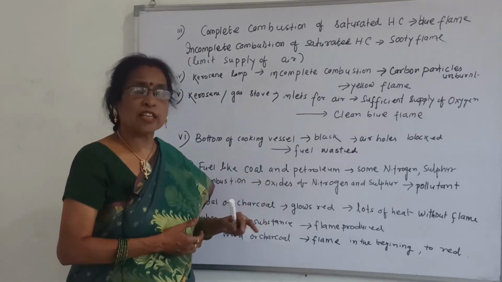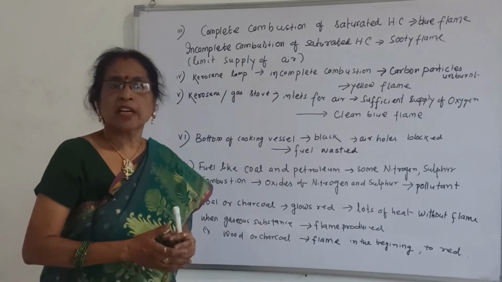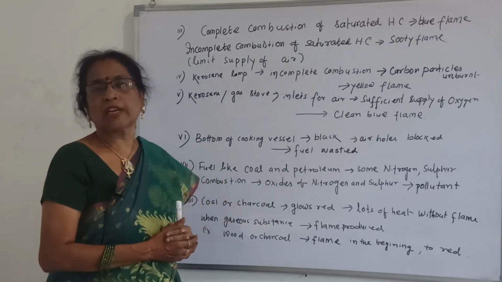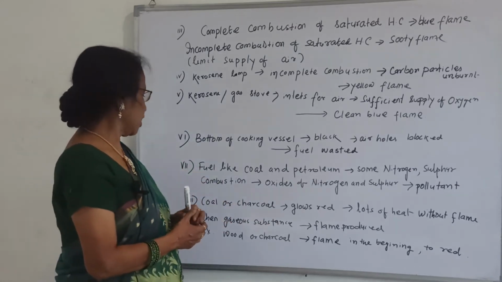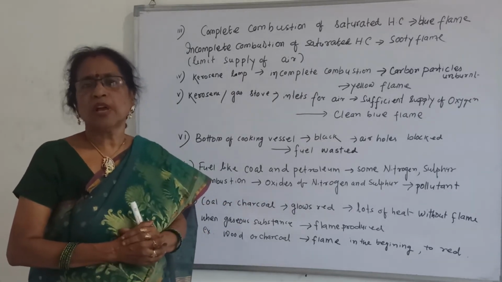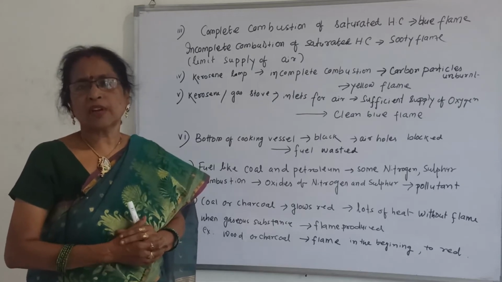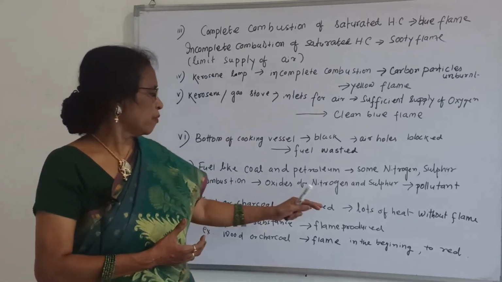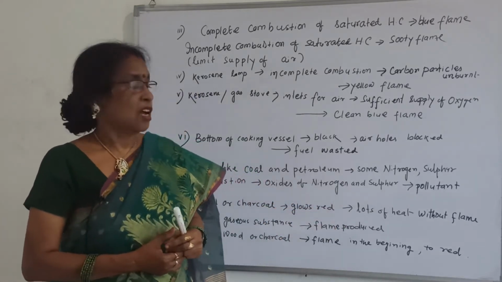Nitrogen oxide and sulfur oxide are called pollutants for the environment. And when you burn coal and charcoal, first of all it gives